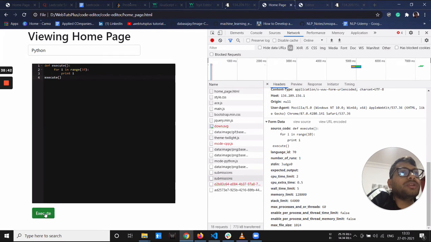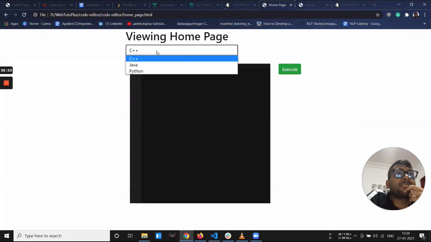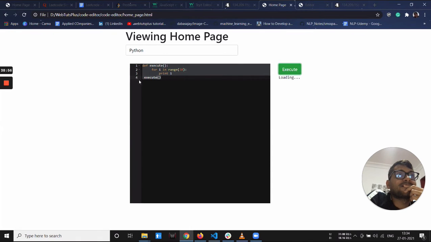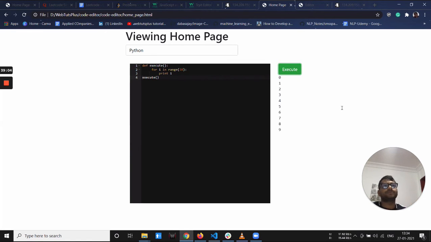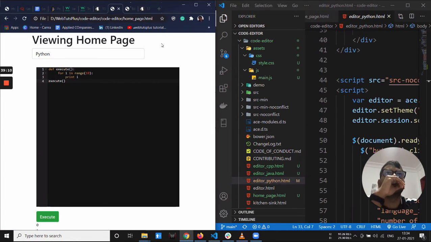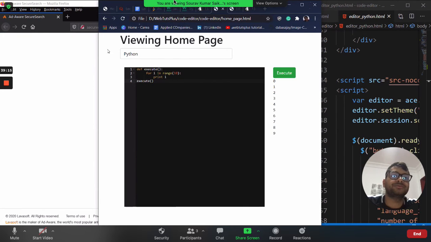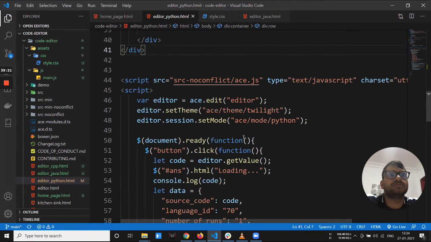And what is the output you get when you click? Yeah, so it is now coming. It's just the indentation error. Yeah, it came. So now it's working. And you can do the same for CPP and for Java. So let's try also for Java and for CPP. Let's do it.